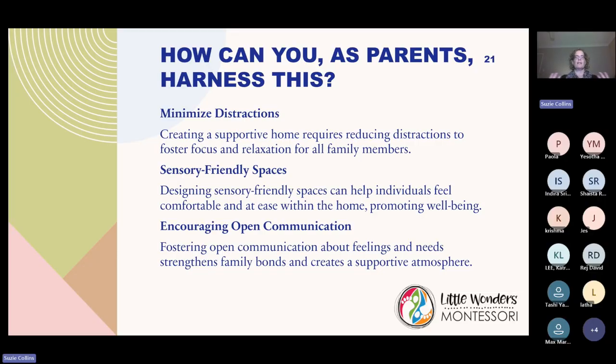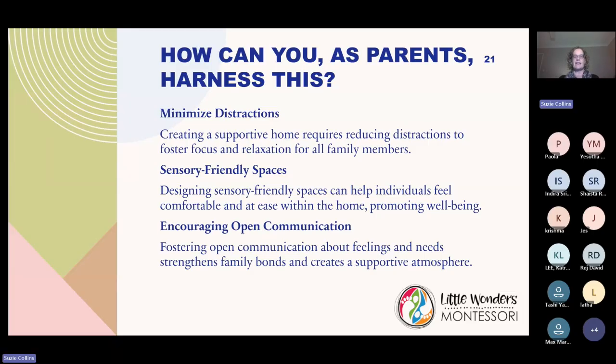I think often when I think about classrooms or childcare centres, there's so many pictures and things going on that sometimes that can be really distracting and really sensory overloading for some children. So see if we can minimise that or have spaces within the centre or the home that have minimal distractions.